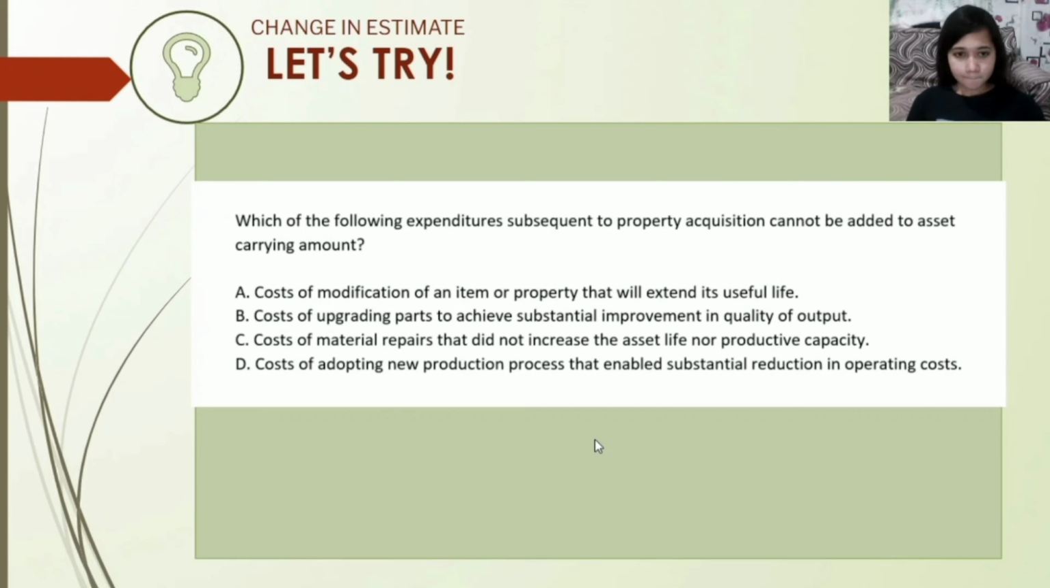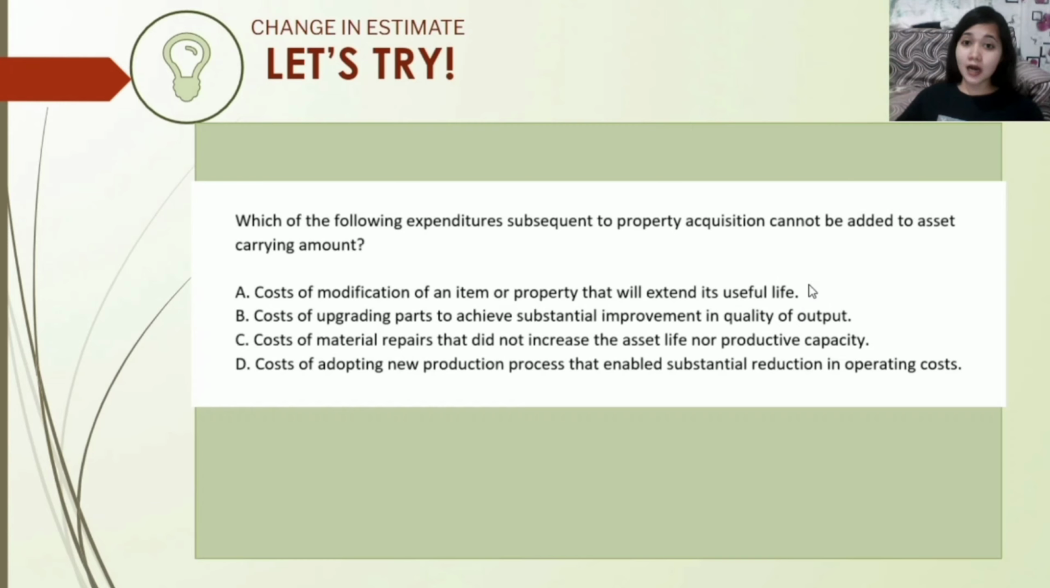So, guys, let's try this question. Which of the following expenditures subsequent to property acquisition cannot be added to the asset carrying amount? So, what is being asked here, guys, is revenue expenditure, because it cannot be added to the asset. Remember, capital expenditure is capitalized, we treat it as an asset, while revenue expenditure is not treated as an asset. A: cost of modification of an item or property that will extend its useful life. So, this extends the useful life, which means it improves the PPE